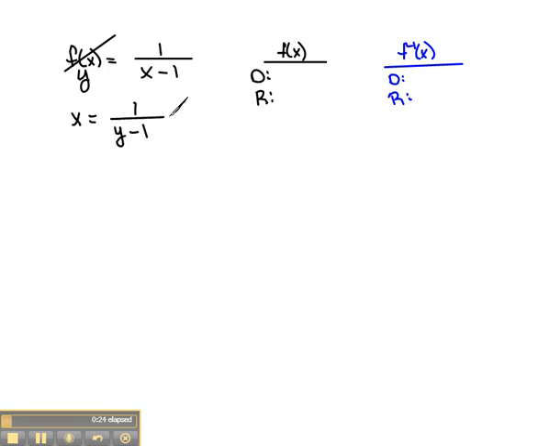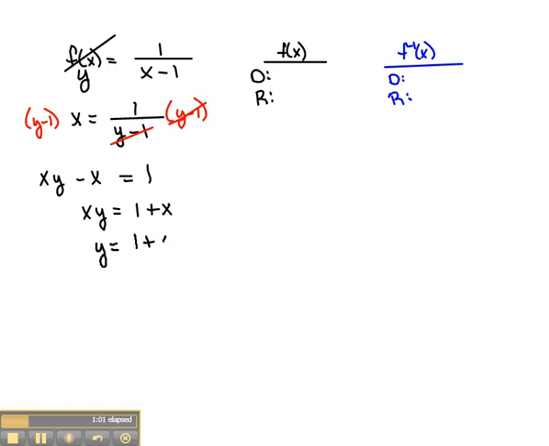Now solving for y to get our inverse function in correct notation, we would have both sides multiplied by y minus 1 so that it will cancel. And distributing as we go, we'll get xy minus x equals 1. Now we just need to solve for y. So if I move my x over to the other side, we have xy equals 1 plus x. And then dividing both sides by x to get y alone, we would have y equals 1 plus x